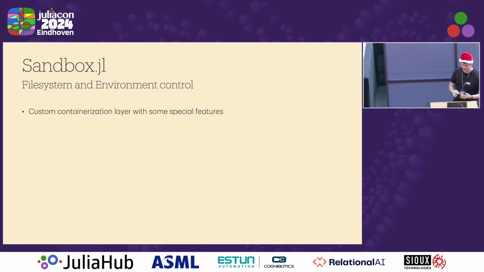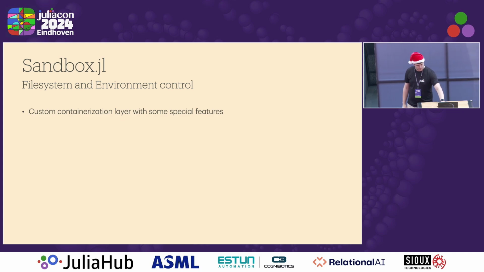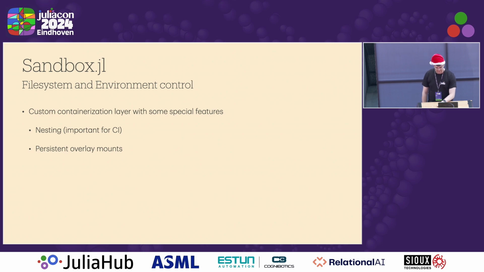So Sandbox gives us our file system and environment control. This is the containerization primitives I'm talking about. It has a few separate features like nesting, so you can have sandboxes inside of sandboxes inside of sandboxes. You can have persistent overlay mounts. That's how we do things like have a root FS system, like a base Debian image, and then you make changes to it. Those are stored in an overlay FS layer, and then you can leave that container, then come back to it to debug something that went wrong, and your changes are still there without actually affecting the root FS system on disk.